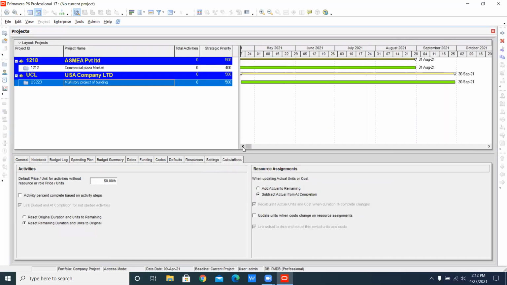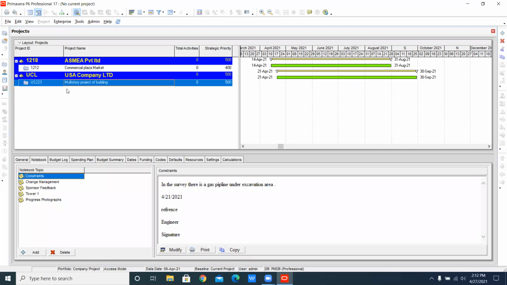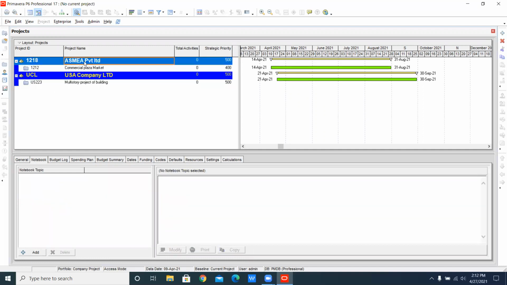Now you will see the other projects disappear. They have appeared, but behind the window, behind the program. Now all the EPS you have selected are shown here, like SBA Private Limited, and USA company is here.